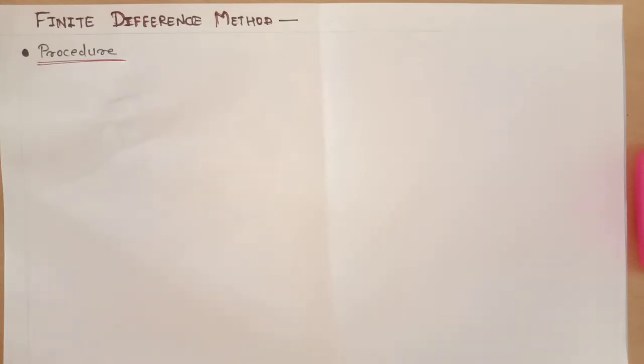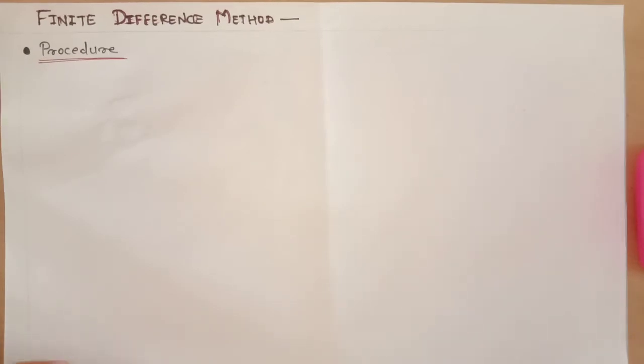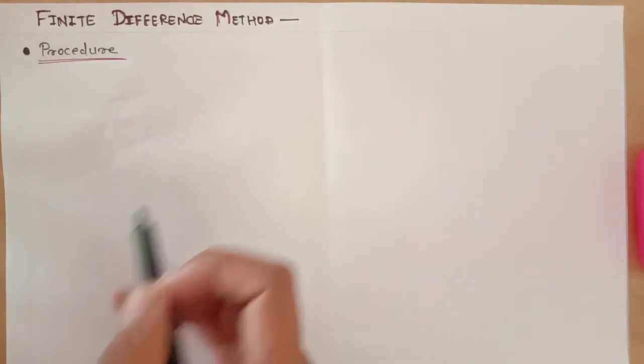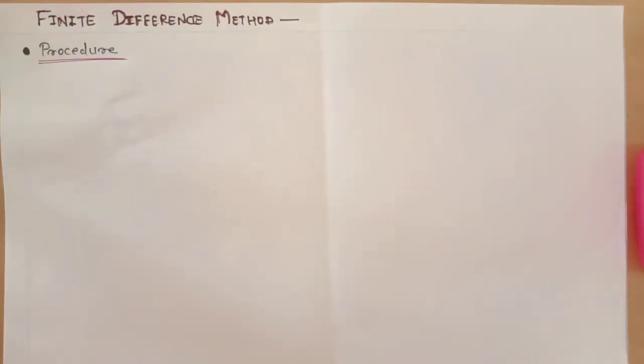Okay, so firstly, what is meant by finite difference method? If you consider more number of nodes, then definitely you will get more accuracy. So that's why this method is an approximate method. In this method, the nodes are always given to you in the example. Next, let's start the procedure of how to find out the finite difference method.